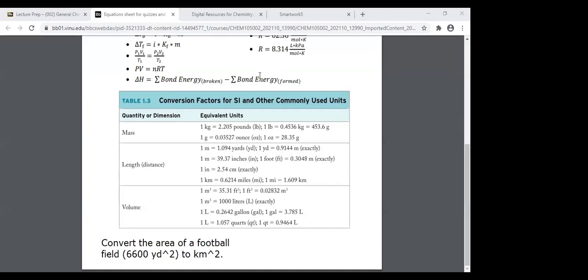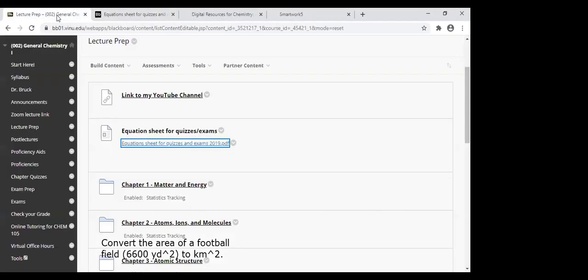Okay, think about it differently. We need to take yards into miles, right? So 1 mile equals 1.09. Okay. 6,600 into